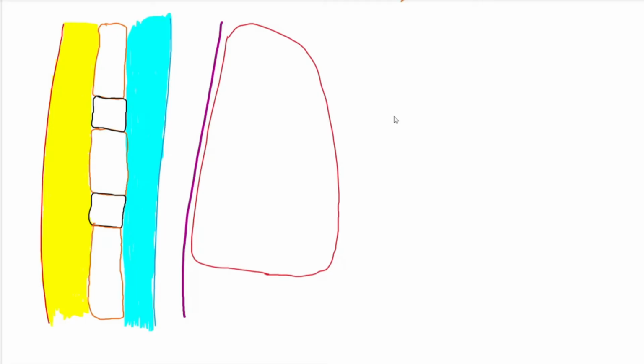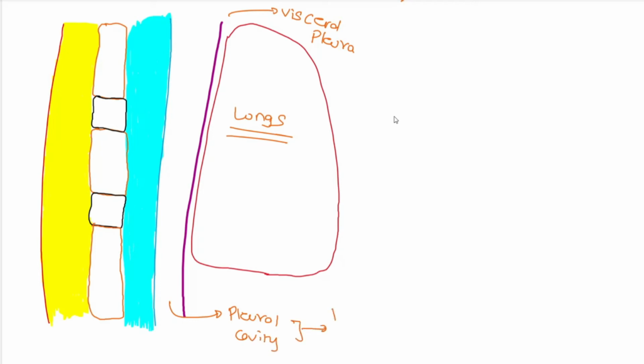So here is a basic diagram. In it we have the lungs, which are present on the innermost side. Then upon it we have the visceral pleura, and above the visceral pleura we have the pleural cavity. Now this pleural cavity is the region where the pleural fluid is present, and this pleural fluid is responsible for increasing the lubrication between the visceral pleura and the parietal pleura, and along with it the pleural cavity has the recesses, that is the costodiaphragmatic and the costomediastinal.